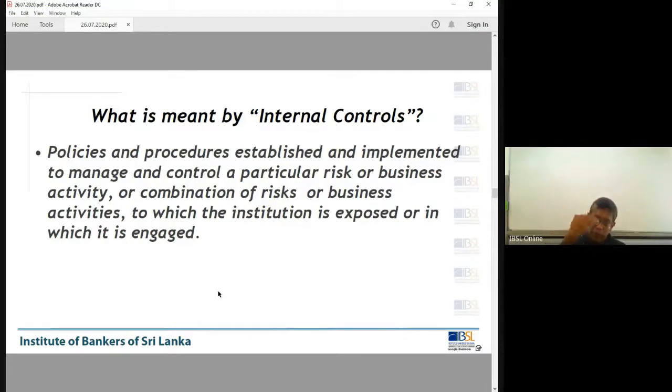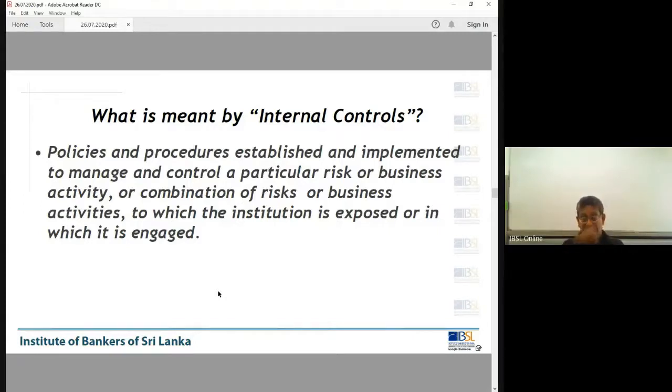To manage or control risk. For that, organizations come up with policies and procedures, right? Why are the policies and procedures established? To control risk,